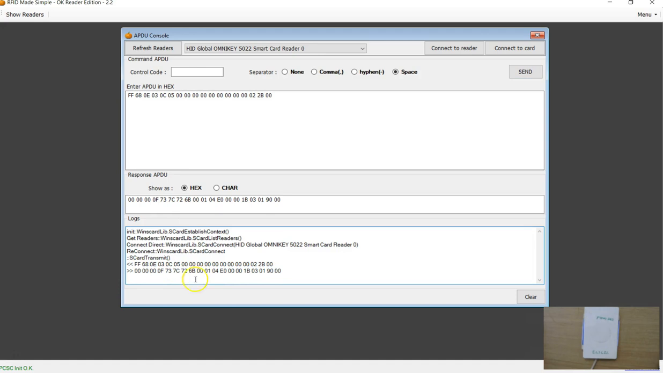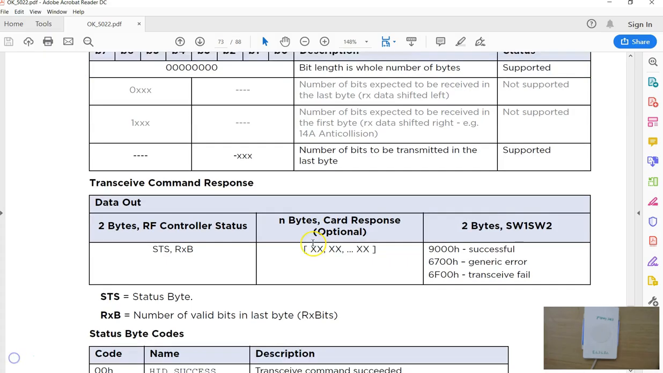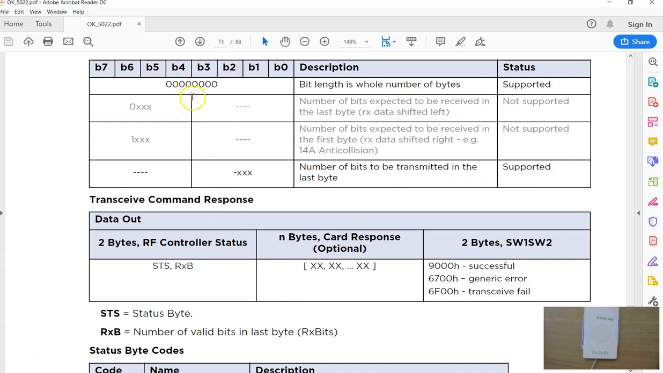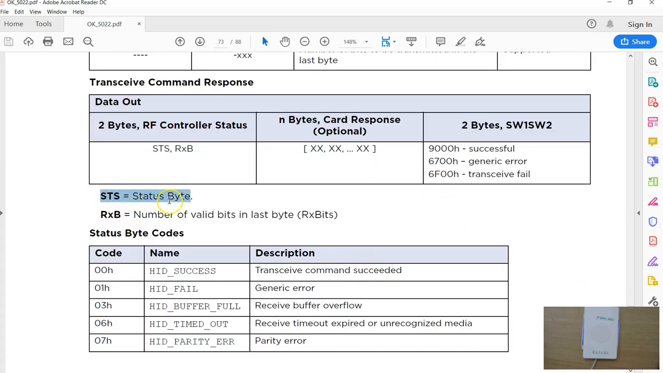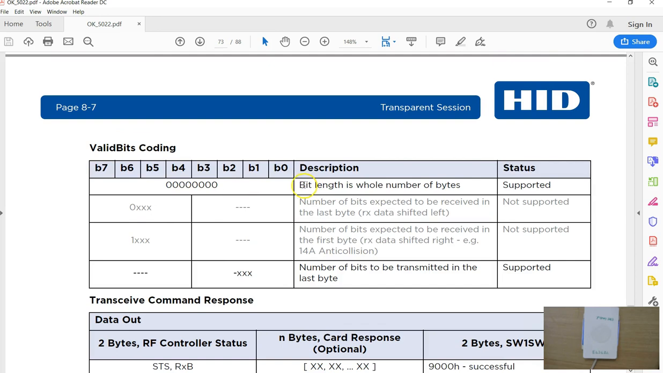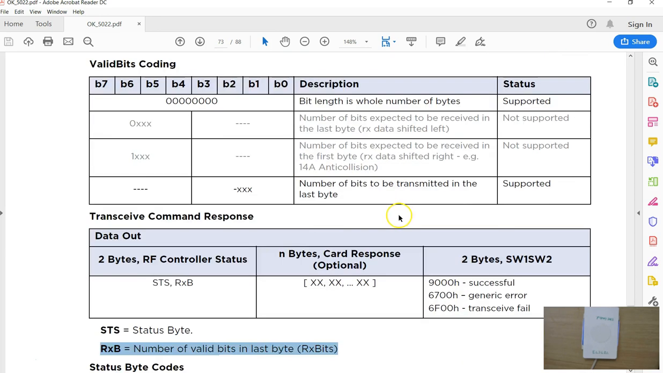Now there's something else I forgot to mention about the response. So back in the documentation, just before the transceive command, this is the response you get from the reader. The first 2 bytes are the status bytes, followed by the actual response from the tag. The first byte is called a status byte. You must have a 0 for a successful operation, followed by the number of bits that is received, and this is always set to 0